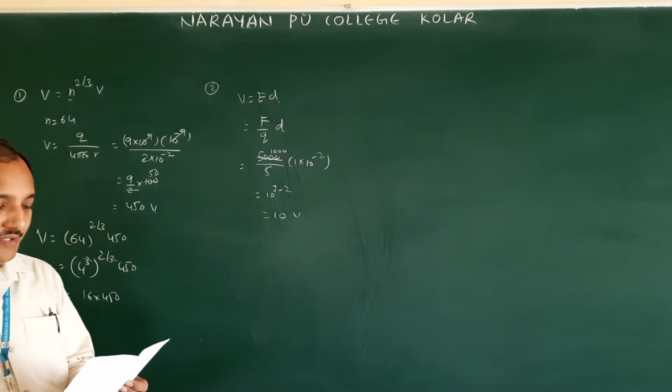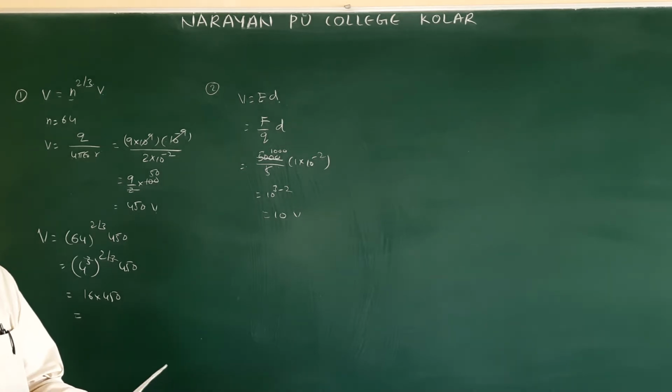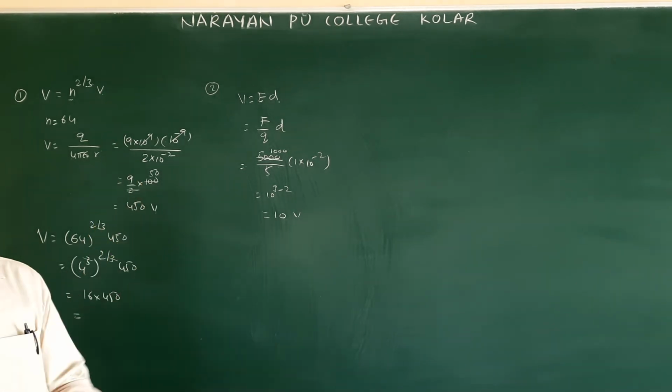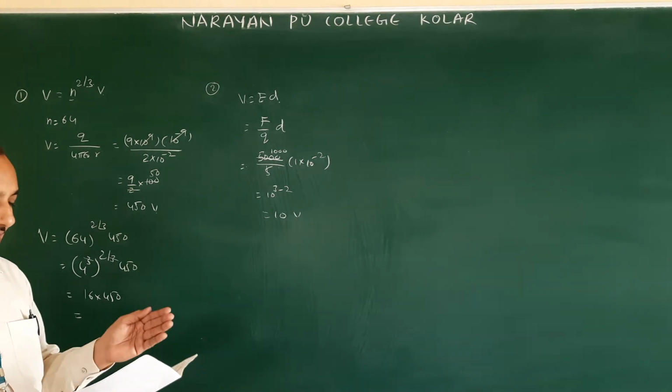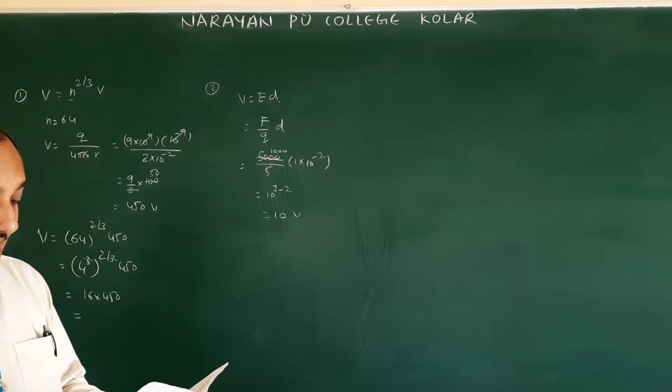Third question you came to know in PU only. Two unlike charges of magnitude Q are separated by distance 2d. That is a dipole. For an electric dipole, the potential at the center is 0. They are asking potential at the midpoint. I am not discussing that one, that is a theory question. Next, fourth one.